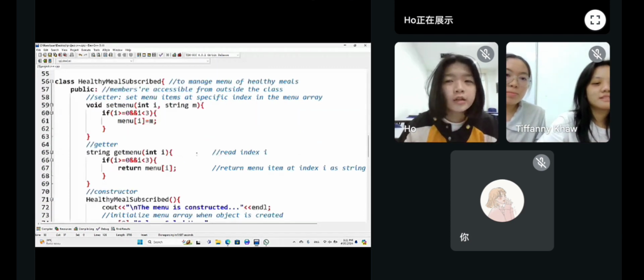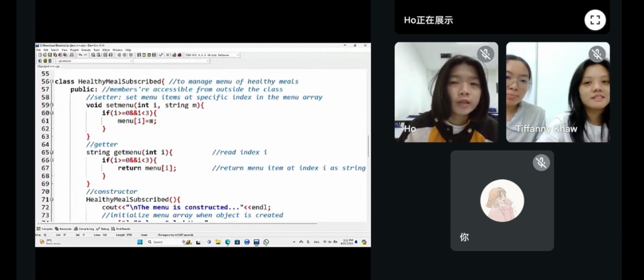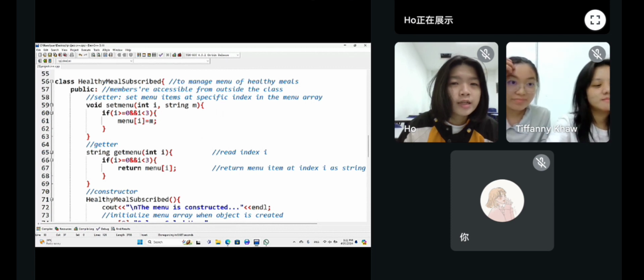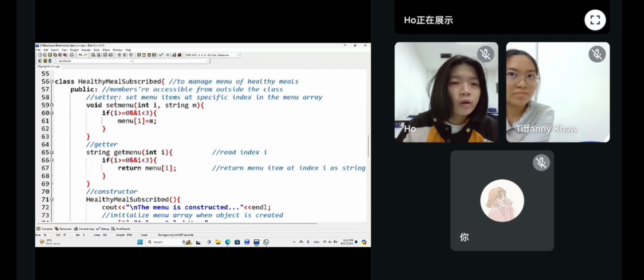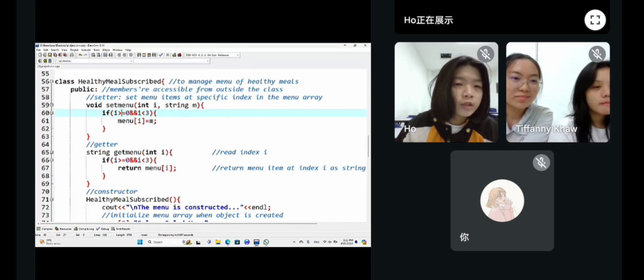Next, in order to manage a menu of healthy meals, a class named HealthyMealSubscribe is created. In the public class, members are accessible from outside the class. Inside the class, a setter is built, void setMenu(int i, string m), to set the menu items at specific index i in the menu array. The valid index is between